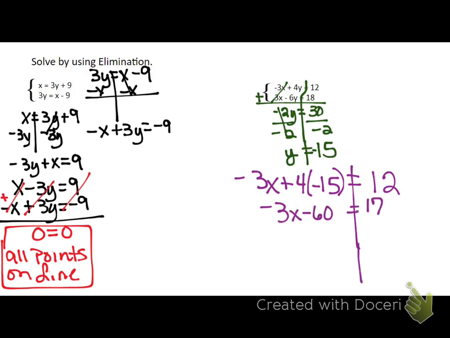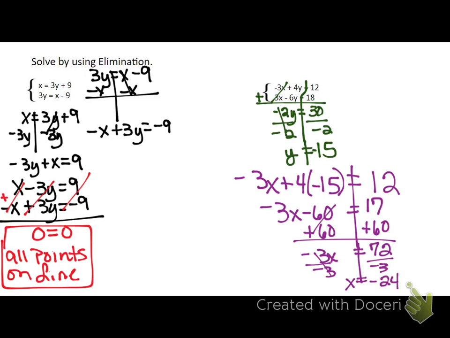I added 60 on both sides and got negative 3x equals 72. Then I divided by negative 3 on both sides and got negative 24. So x equals negative 24. And then we wrote our answer as